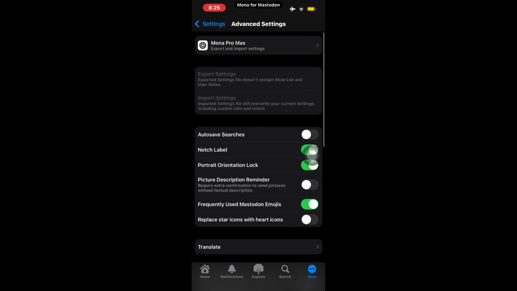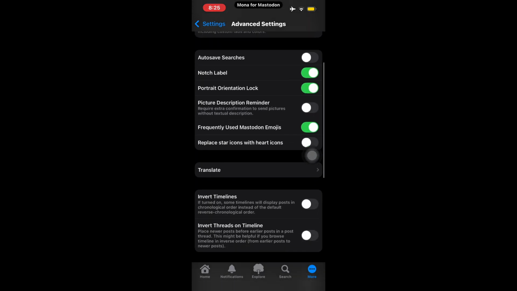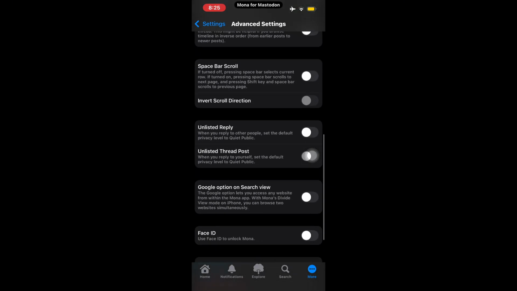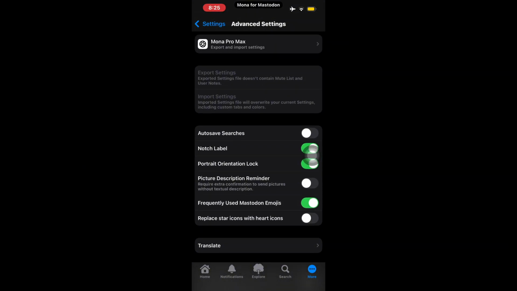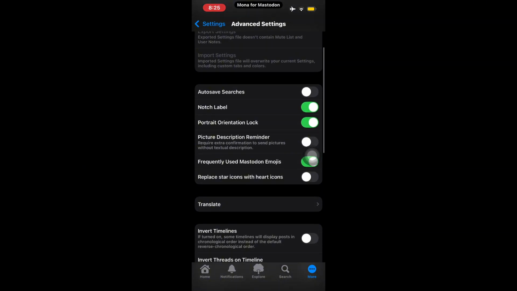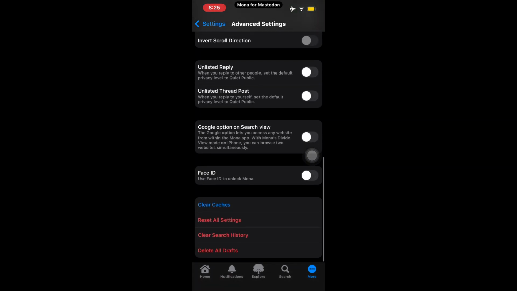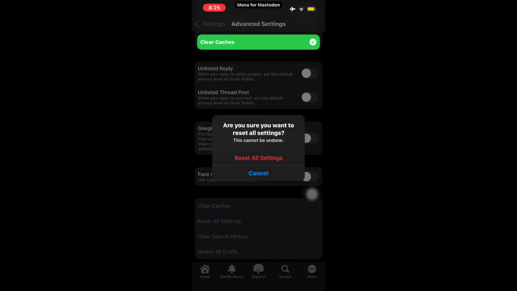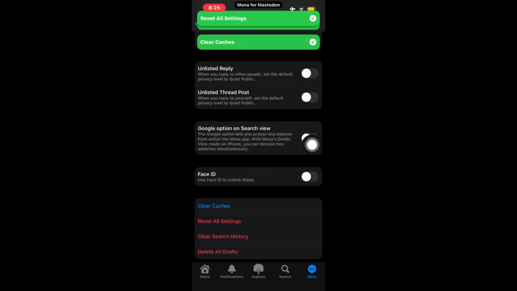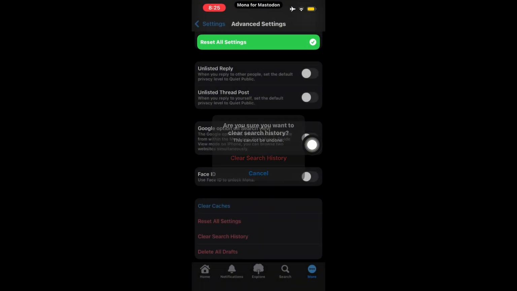Inside this section, you can access more detailed settings and options related to restoring or managing app preferences. If you want to reset your settings and return the app to its original setup, look for the Reset or Restore option available inside Advanced Settings and follow the on-screen instructions carefully. For example, if you changed many appearance or customization settings and want to start fresh again, restoring default preferences can help return Mona to a cleaner setup. Remember that resetting settings,